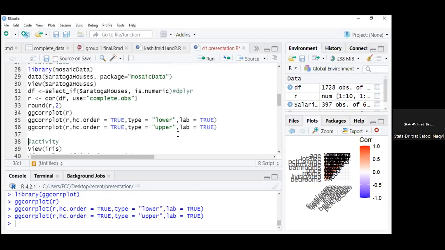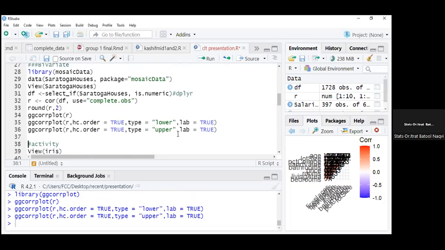Now, my dear, I have one activity for you. I can give you 2 minutes. What you can do,